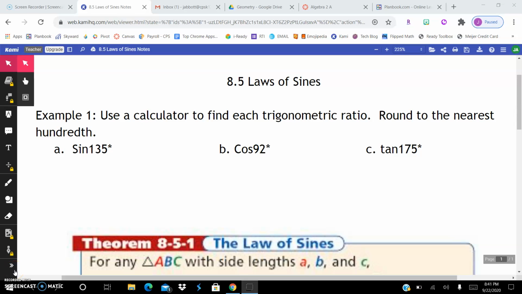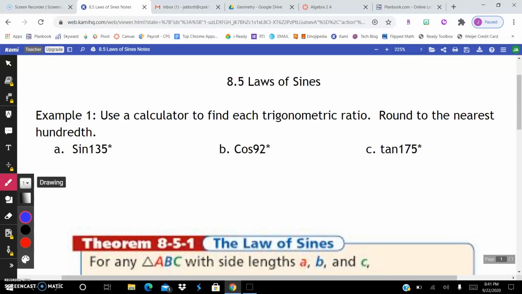We are going to introduce the law of sines today. So for a review here, example 1, use a calculator to find each trigonometric ratio, round to the nearest hundredth. So if you type the sine of 135 in your calculator and round to the nearest hundredth, you are going to get about